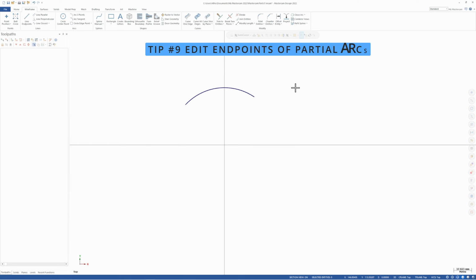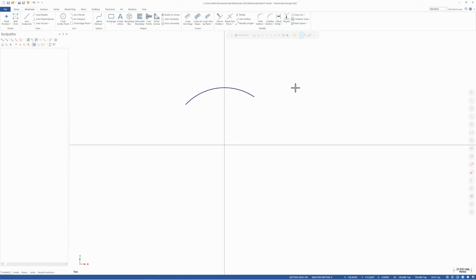Sometimes there's occasions where you have a partial circle on the screen and you want to turn that back into a full circle. Maybe you need a full circle for some modeling purpose, or you just want to have a full circle on the screen so you can see it clearly when you're circle milling or helical boring. Now we have a command in the wireframe menu at the top of the screen called close arc. So you can select that, then press end selection at the top of the screen and it will give you